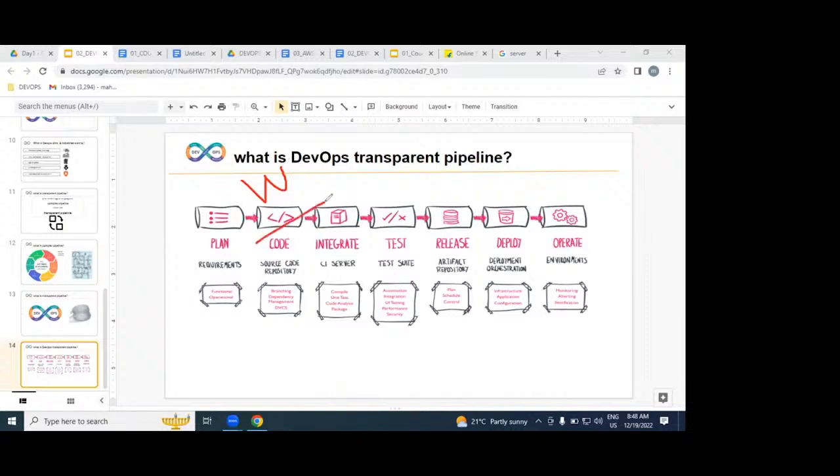After writing the code, that code is going to be maintained by the DevOps engineer. That's what we are part of in the dev environment. Clear, all of you? It's a very important point. Writing is the responsibility of the developer. After writing, that code is maintained by the DevOps engineer.